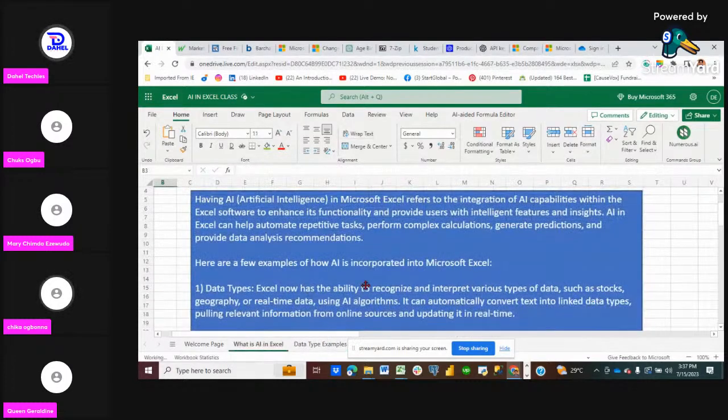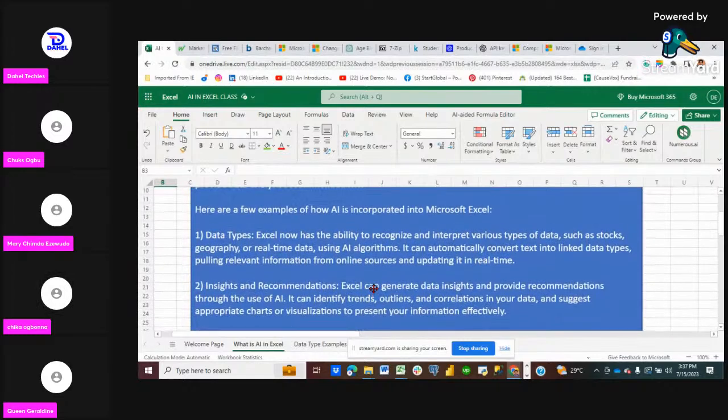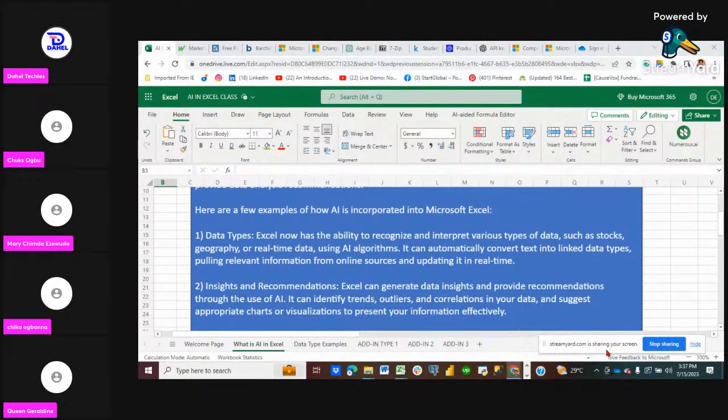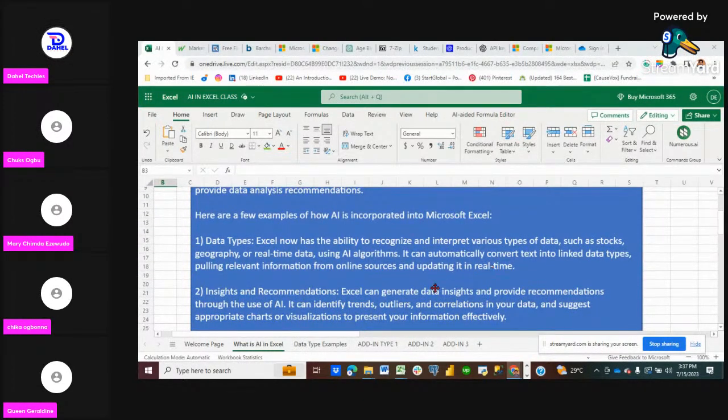So let's look at number two. Now we understand data type examples, right? Let's look at number two. Can you read, please? Okay. Insights and recommendations. Excel can generate data insights and provide recommendations through the use of AI. It can identify trends, outliers, and correlations in your data and suggest appropriate charts or visualizations to present your information effectively. Example. So before we go to number three,